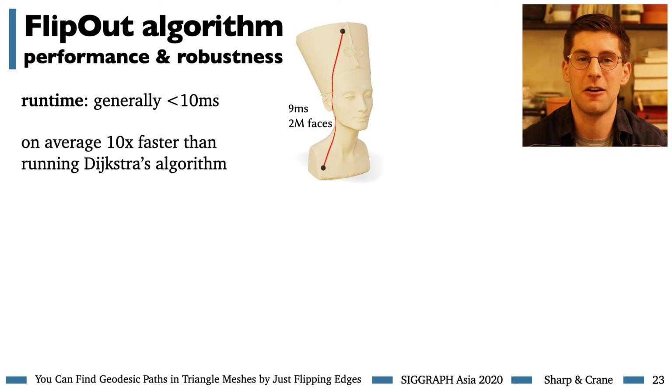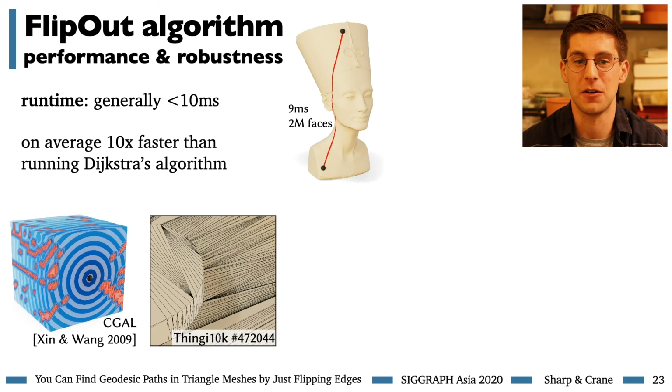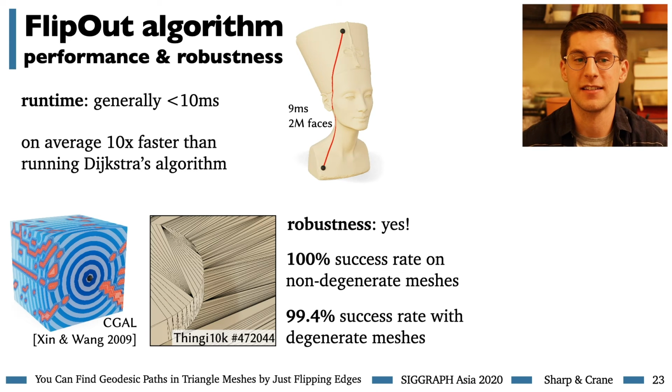Robustly implementing geodesic algorithms in floating point is notoriously difficult in practice. Even standard libraries like CGAL struggle with hard inputs. Fortunately, we find our scheme to be quite robust, with a 100% success rate on non-degenerate meshes across several large datasets. Of course, robustness is really a property of the implementation as much as it's a property of the algorithm, but our algorithm requires just one pretty simple geometric operation, the edge flip, so it's in a good position for